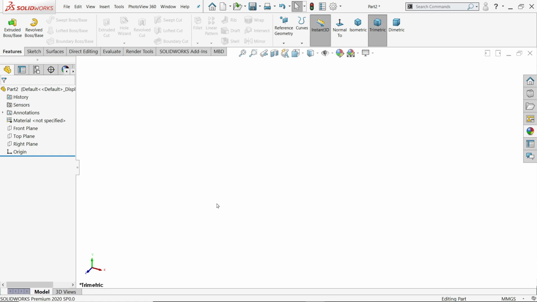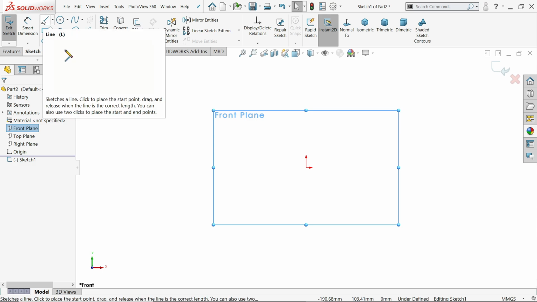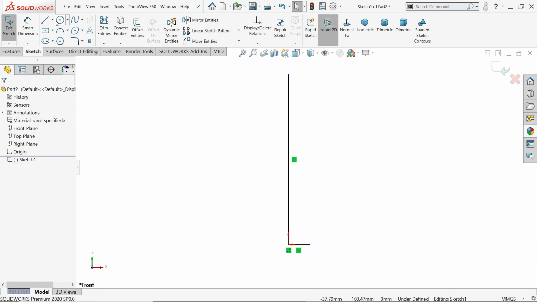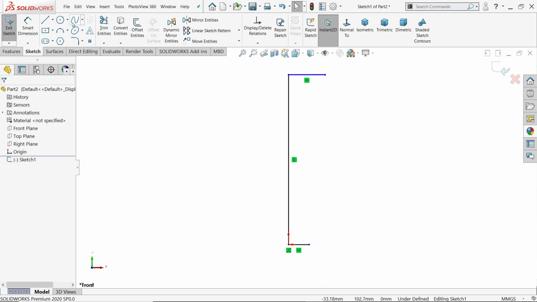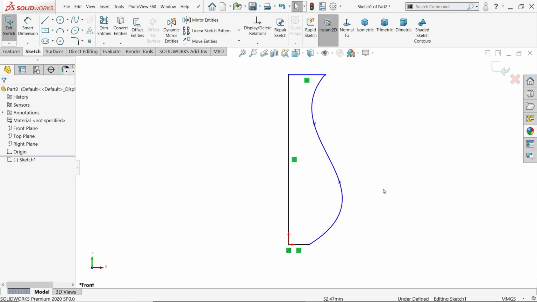Now here first we have to create a jar, then we will apply those lines on a surface. So front plane is sketch. Now here we are going to sketch a jar. So activate line tool. Again activate line tool and draw some little bigger than this. Now activate split line. Now start from here, something like here, and connect. Right click, select or press escape key on keyboard.